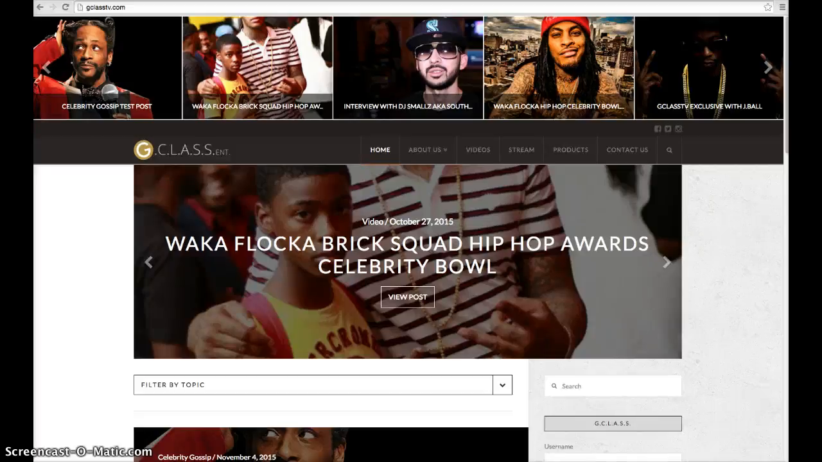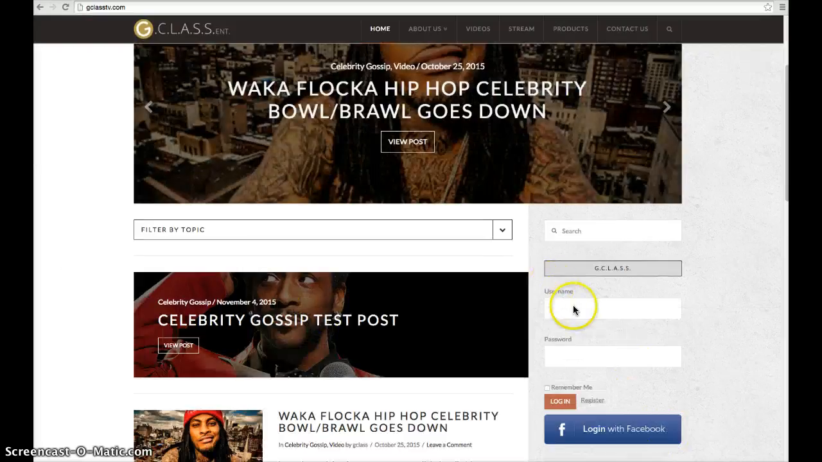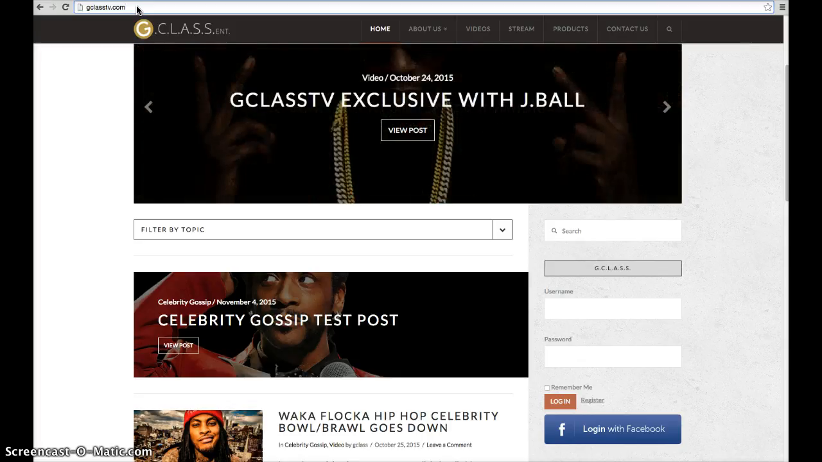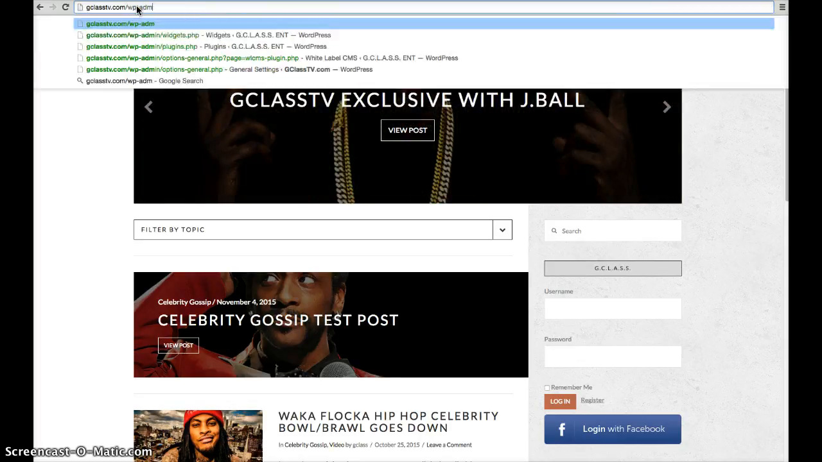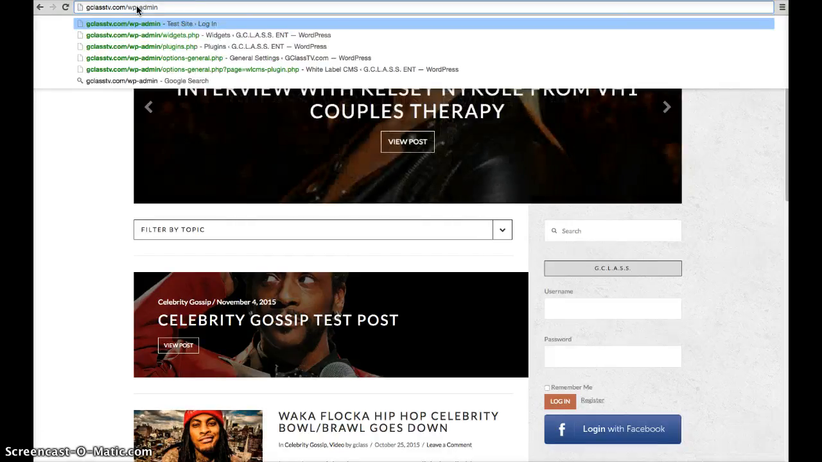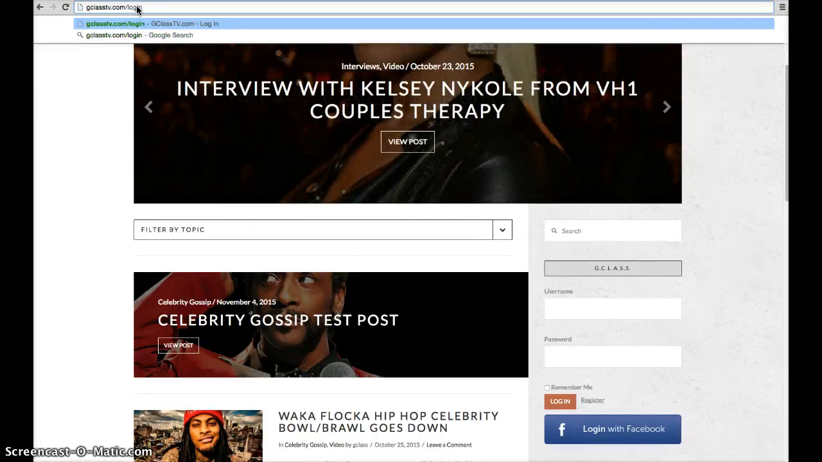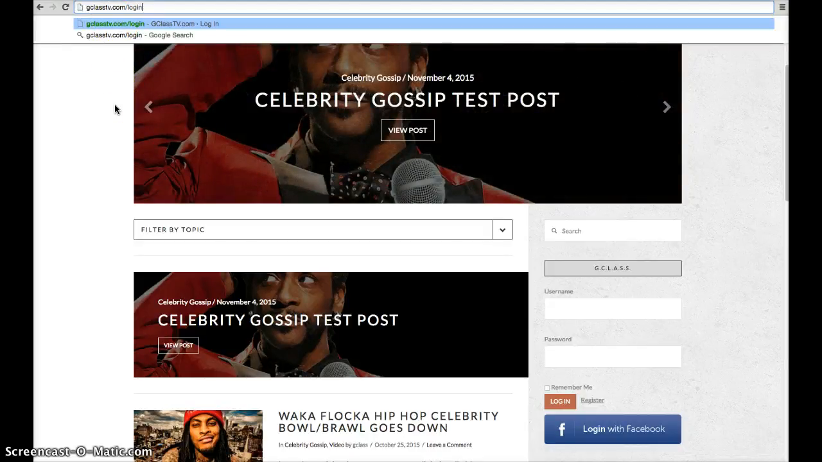The first thing you want to know how to do is log into your website. To do so, you can do that right here. Or you can go to gclasstv.com/wp-admin. Or gclasstv.com/login. All of those will get you to a login screen to where you can get to the dashboard of